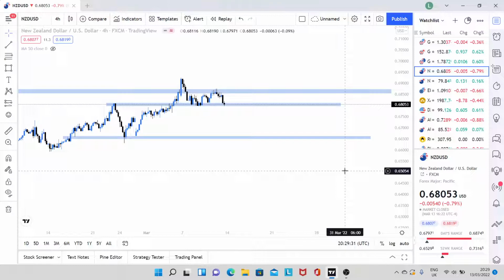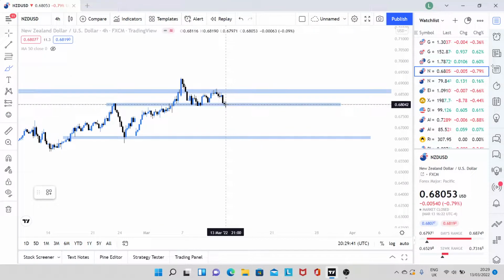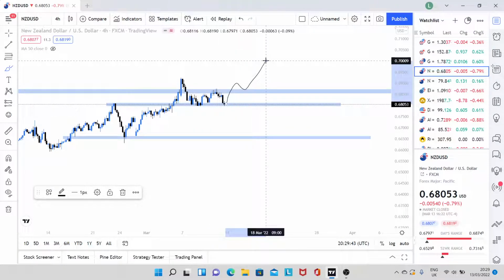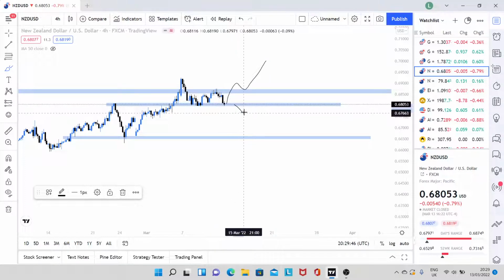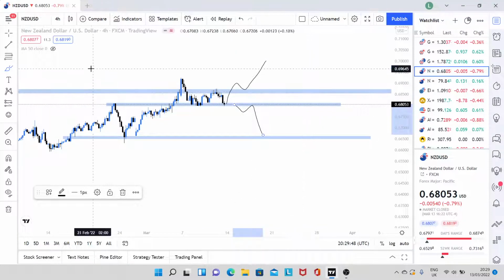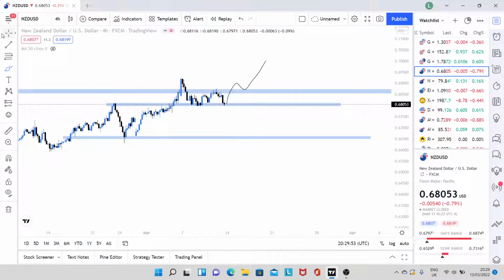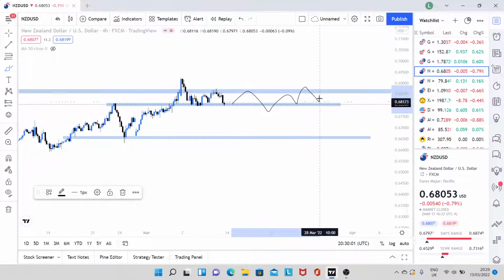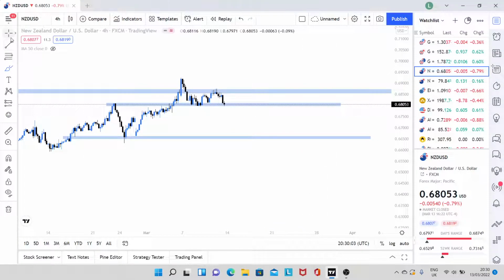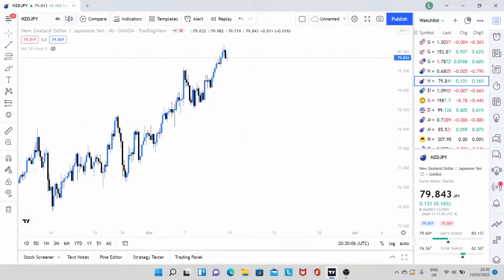Not going to move down to the 1 hour. I don't feel like I need to. I feel like everything's okay. If it goes higher, I'd like to see something like this. So a break above, a retest, and then continuation. And if it doesn't, I'd like to see a break below, retest, and then continuation. Obviously, it could do none of that, and it could consolidate. It could do something like this, like that. Just bounce between the zones. We'll have to wait and see. Right, moving on.